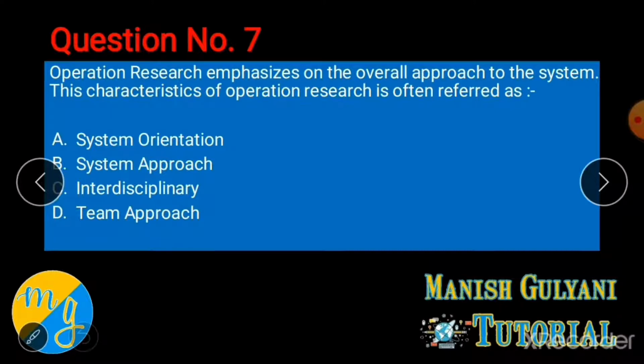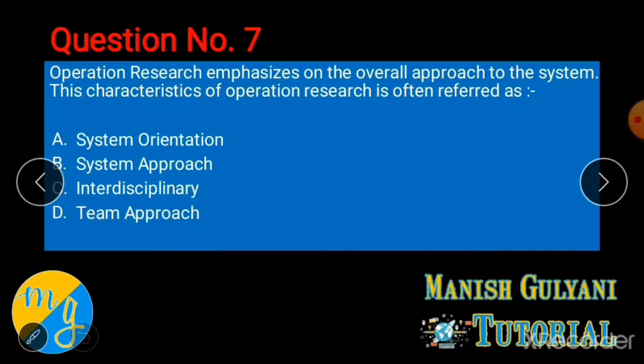OR is a decision making approach, which means under OR, the first step is to identify the problem, then search alternates, then convert your problem into an artificial model, then find the solution of the model, then evaluate all the alternates, then choose the best alternate. Means you have to follow your whole decision making process. That's why it is called decision making approach. Second one is scientific approach. As I already told, the first step in OR for any problem is a mathematical model. So with the help of mathematical tools and techniques, real problems are first converted into a mathematical model. After that optimal solutions are derived. So that's why it's called scientific approach.